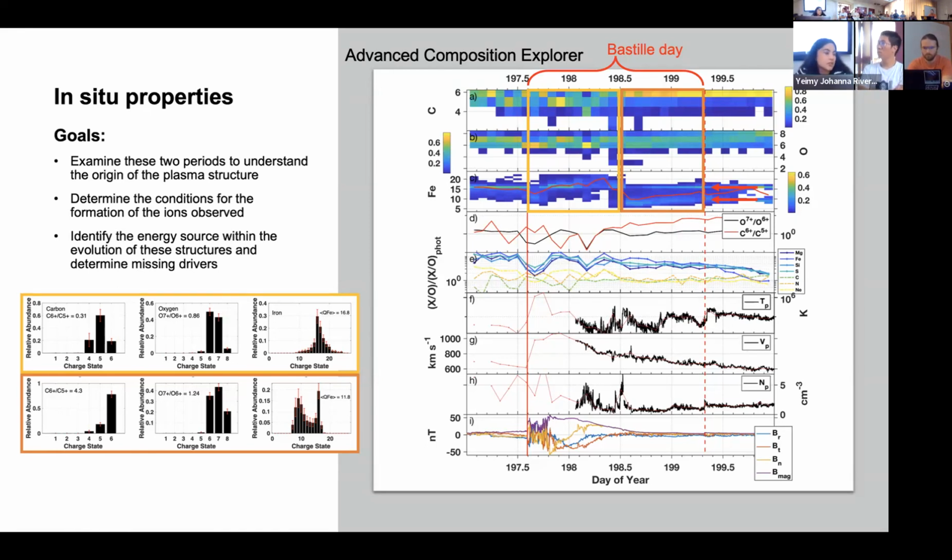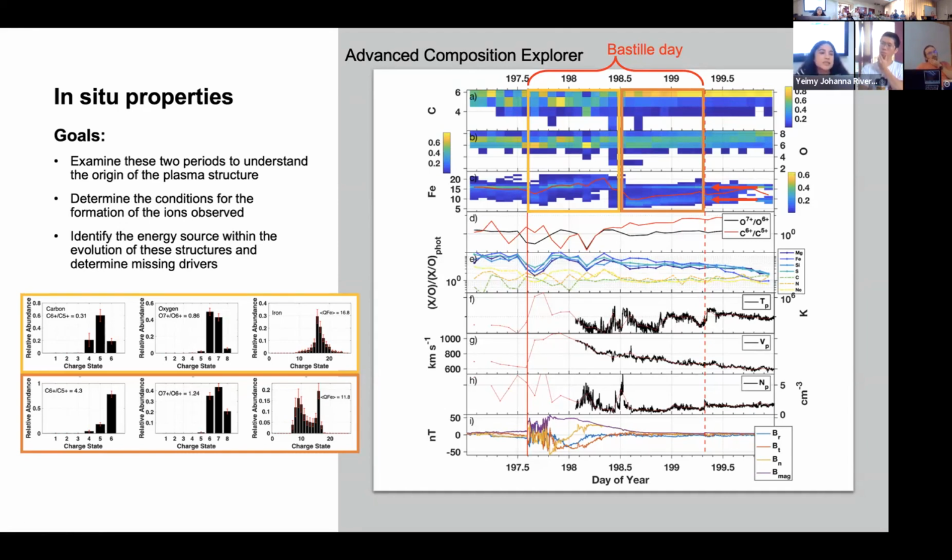So like you were saying, Tony, where is this structure that we're looking at? What does it relate to back at the sun? So this will help us, having a model that we can then connect from the corona to the heliosphere, help us connect directly to the structure that was evolving that made these charge states, to determine the conditions that form these ions.